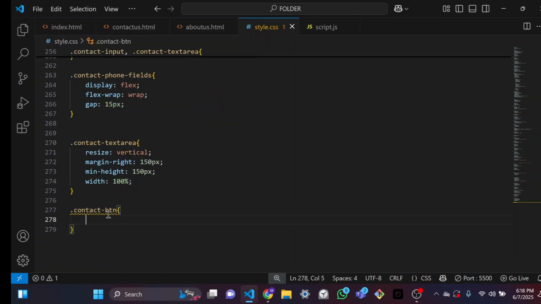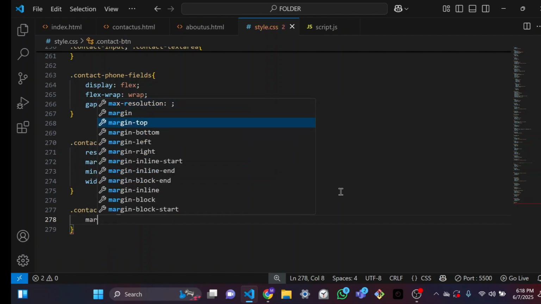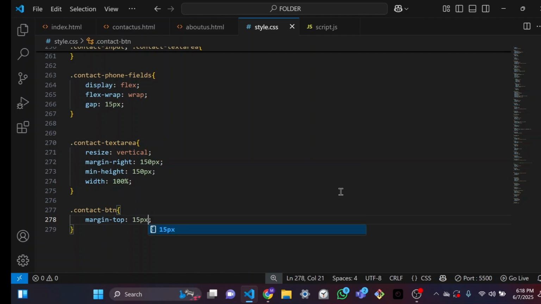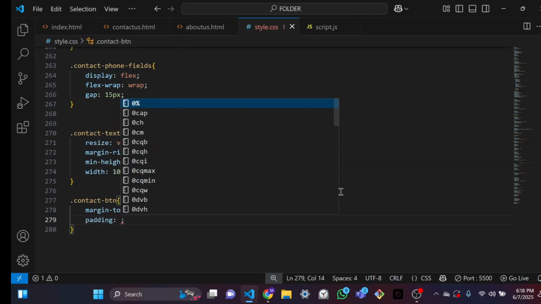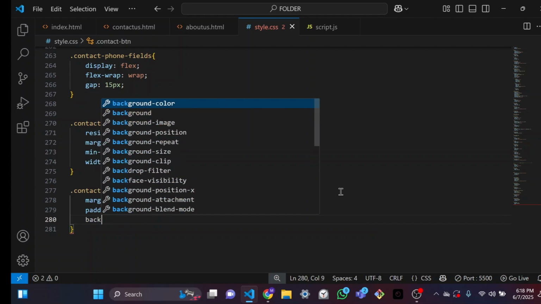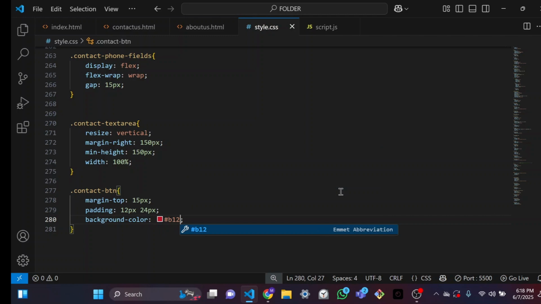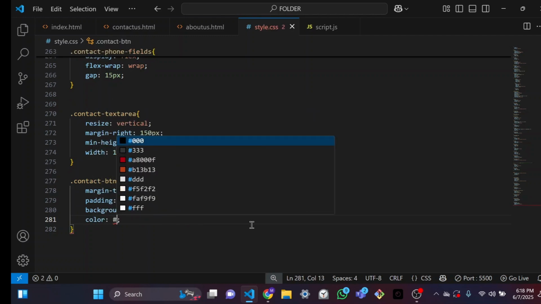Contact btn, give a margin top of maybe 15 pixels, margin of 12 pixels top and bottom, and maybe 24 pixels left and right. Background color of B13, that one. That's the color code. The color of the text will be white,